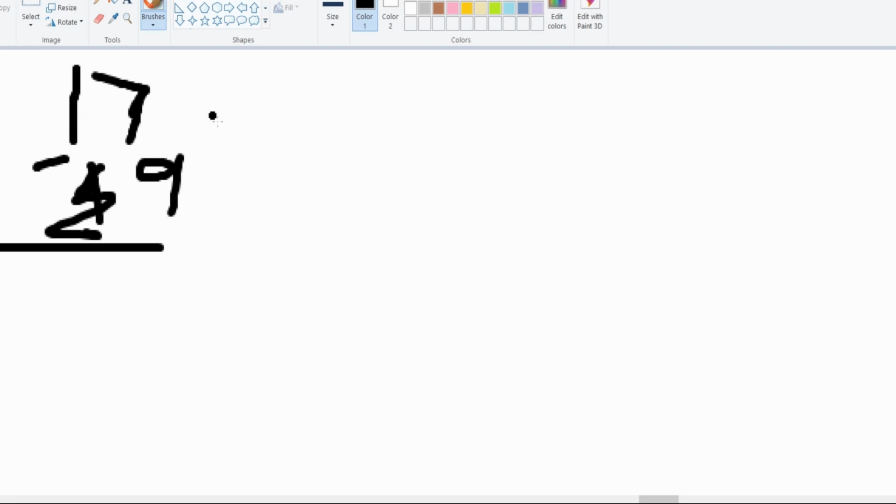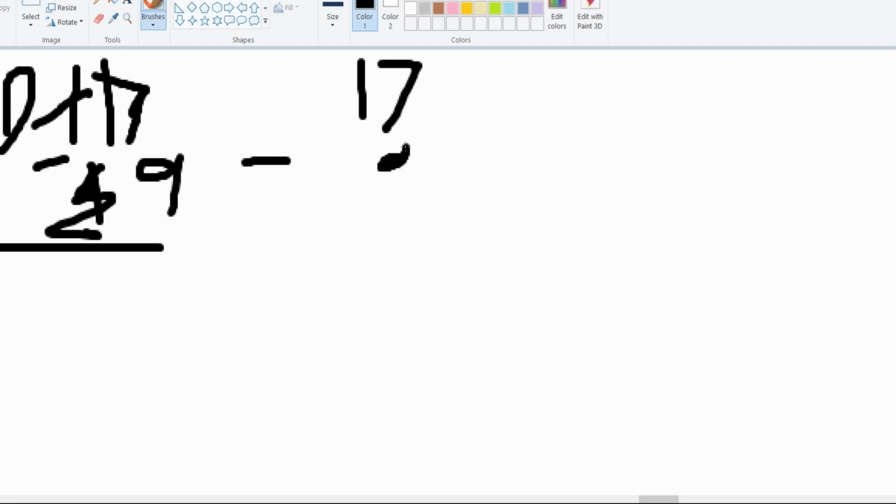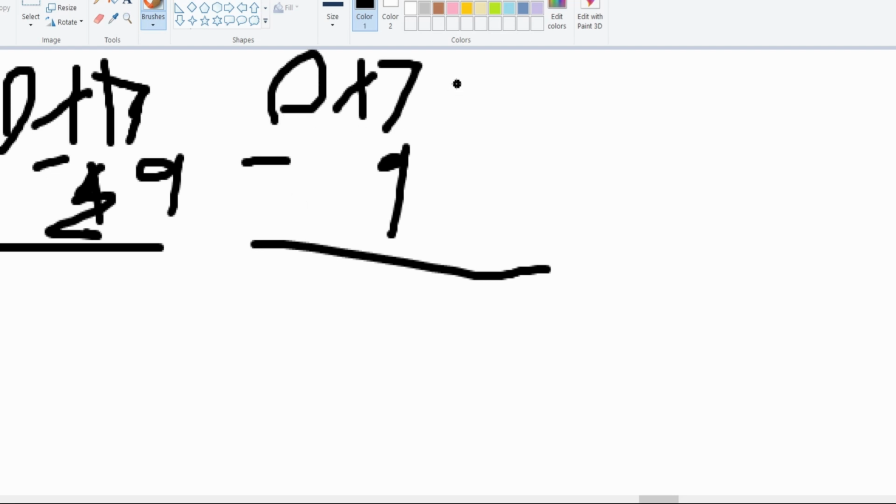So what we're gonna want to do now is we need to make 7 bigger. So we're gonna get rid of this 1, make it a 0, and move it in front of 17. Sorry, in front of 7. So now we have 17 minus 9. So what we're going to want to do next is get rid of this 1, make it a 0, and move it in front of the 7. So now we have 17